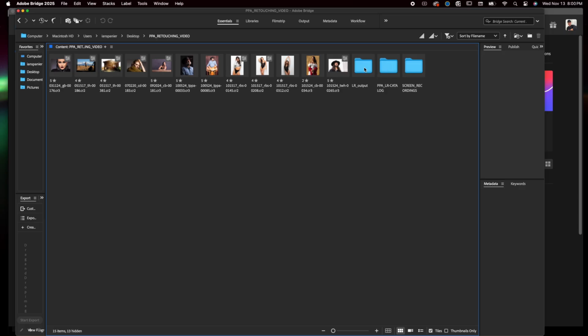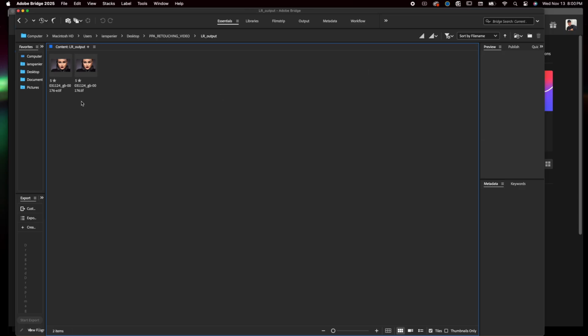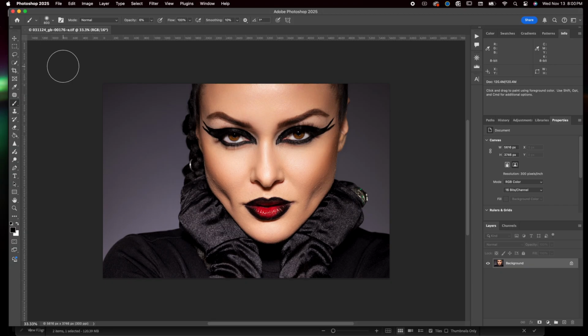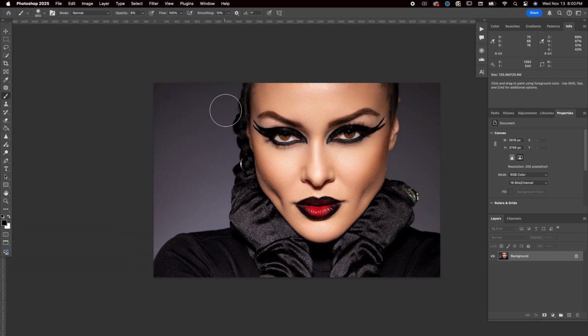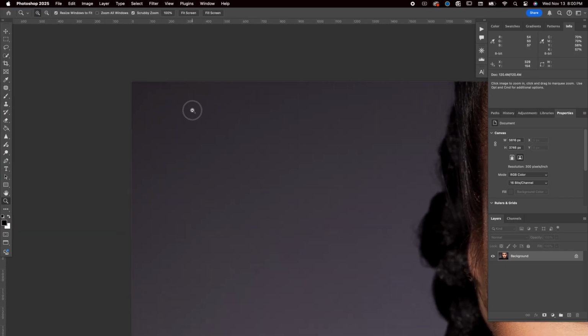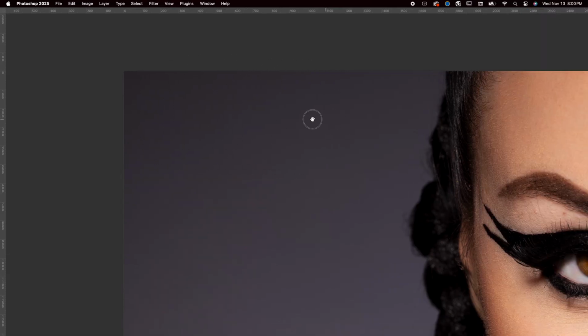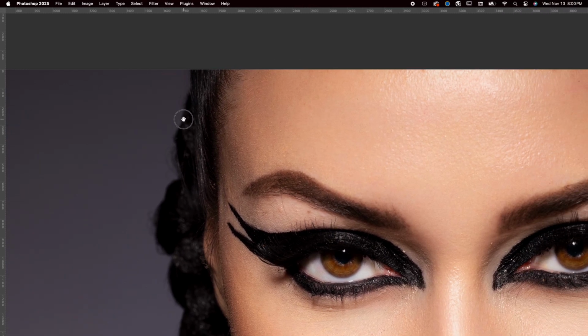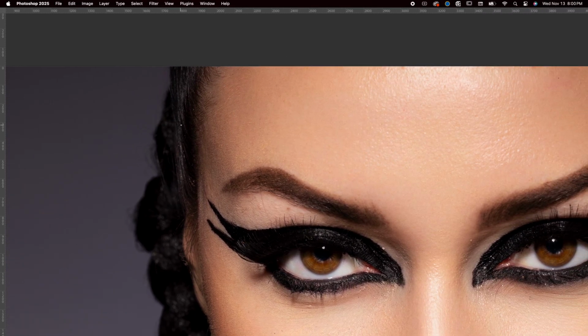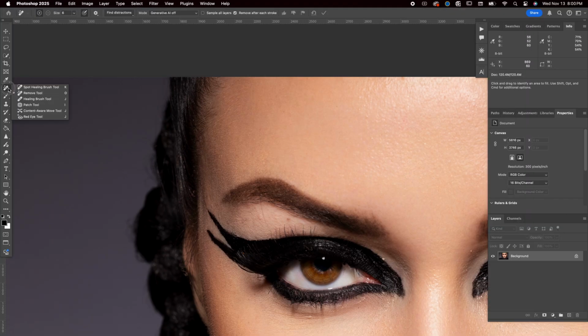Once we have our outputted image, we're going to select it in Adobe Bridge, open it up into Photoshop, and now we're going to make the more fine detail changes in Photoshop. Here's the time where I'm going to go through the entire image looking for anything and everything that's distracting that